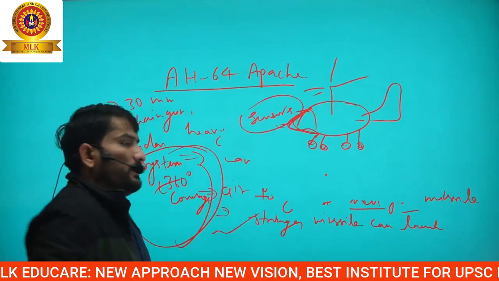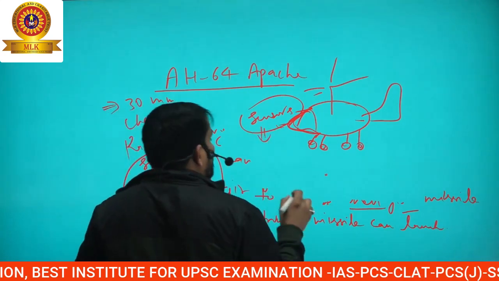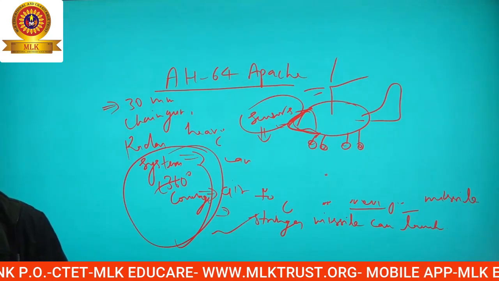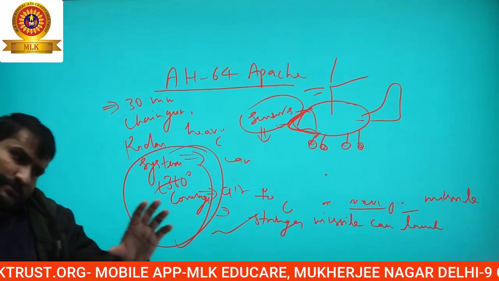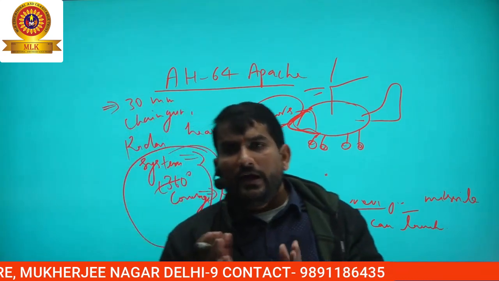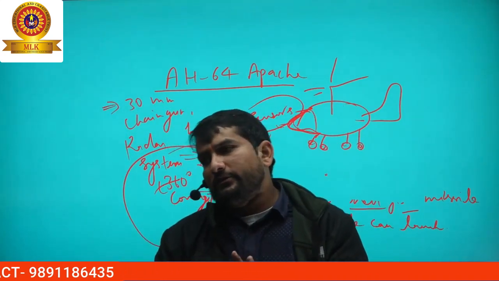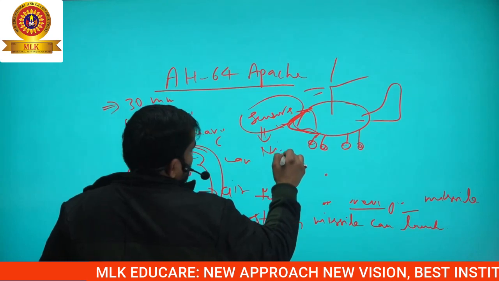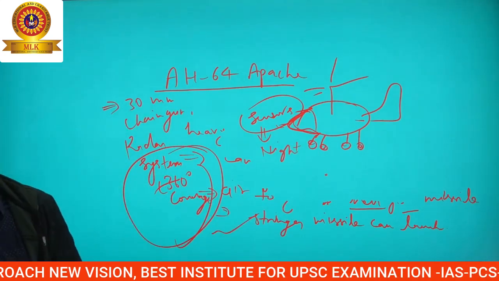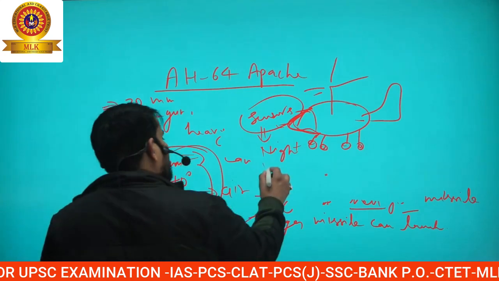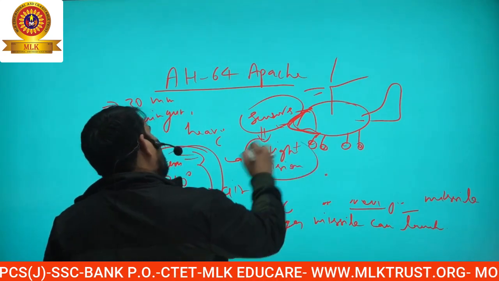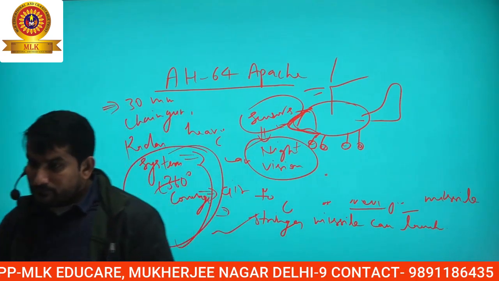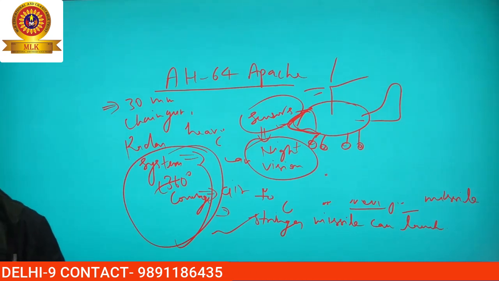Okay, and these sensors are providing the information, ठीक है, regarding the target acquisition, that means कि at which degree, at which distance the target is there, और उसको हिट करने में हेल्प करेंगे। आफ्टर दैट also used for the night vision system, ओके, नाइट विजन, ठीक है, रात में भी क्लियर रहे कि क्या चीज़ आ रहा है, क्या जा रहा है, ठीक है।